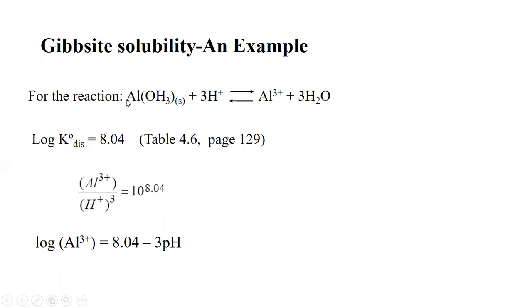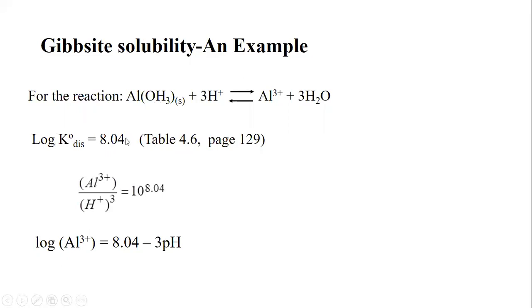For this reaction, Al(OH)3 solid plus 3H+, back and forth, that means a reversible equation, Al3+ plus 3H2O. K of dissolution for this, again, we can obtain from thermodynamic data from chemistry books. This is available. In table 4.6, page 129 in your textbook, the value for this reaction is log K. Remember, if you are given log K or K itself, this is the log of K,